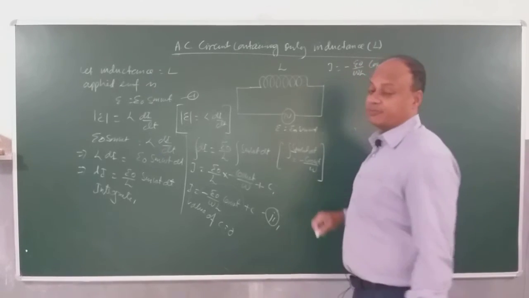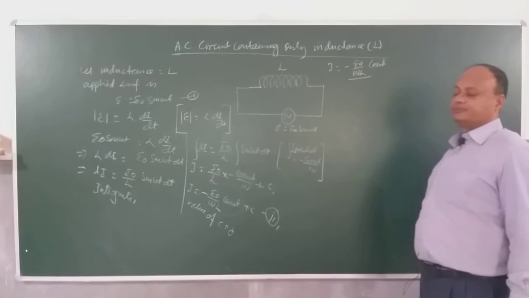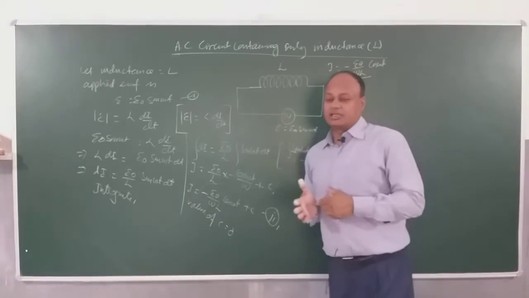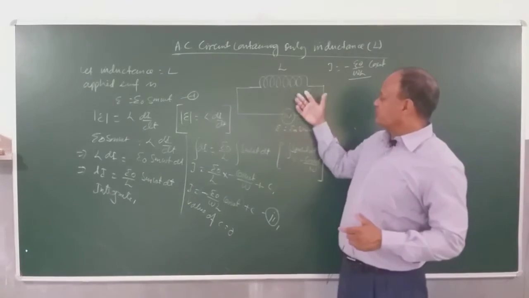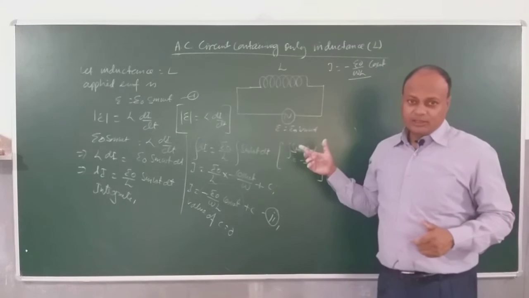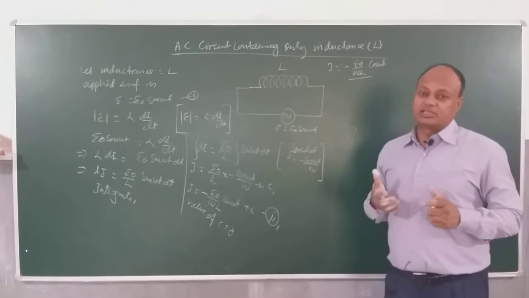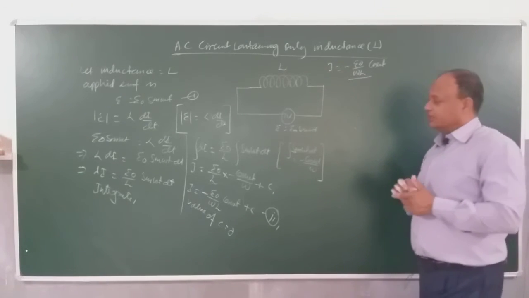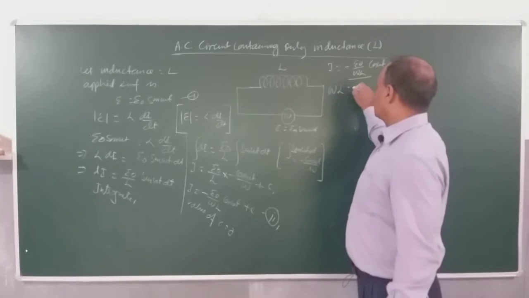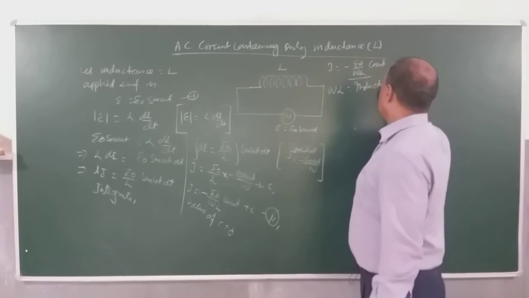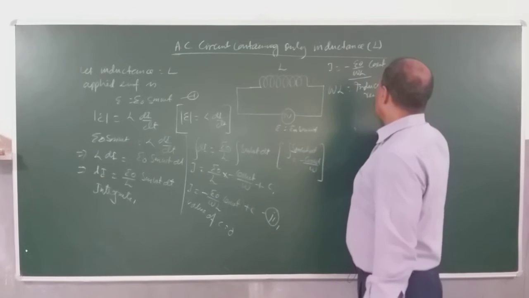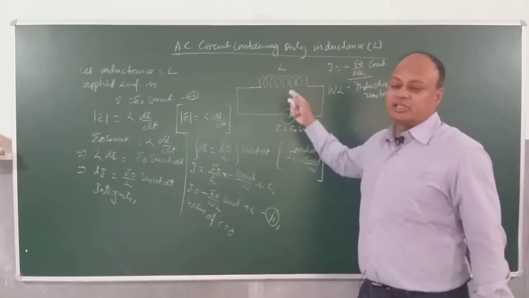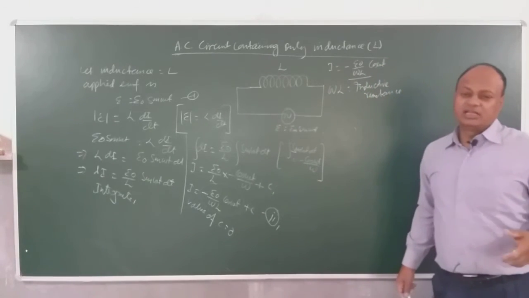Now this is a very important expression, this term omega into L. If you look at this circuit, by definition an inductor is a coil of zero resistance, and if the resistance becomes zero, current will become how much? Infinite. So the circuit develops its own inertia, its own resistance, which is given by omega L, and this quantity omega L is very important for you to know. It is called inductive reactance, because we all wondered how current will be stabilized, because if the resistance becomes 0, then current will be infinite.